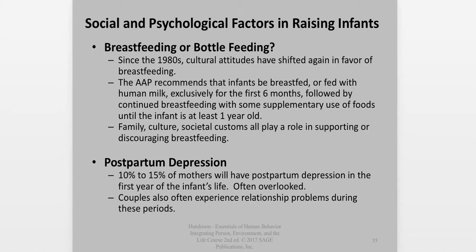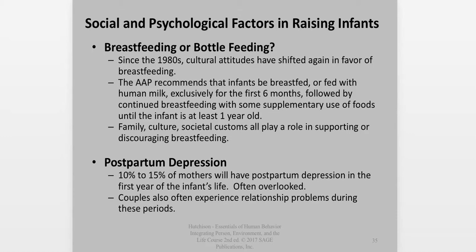And there's a lot of good physical reasons for that, involving the infant developing antibodies and different kinds of things from the mother's breast milk that they don't get through being bottle fed. And yet, if I remember the statistics in the text, the majority of parents stop breastfeeding not long after the birth of the baby, even if they breastfed initially.